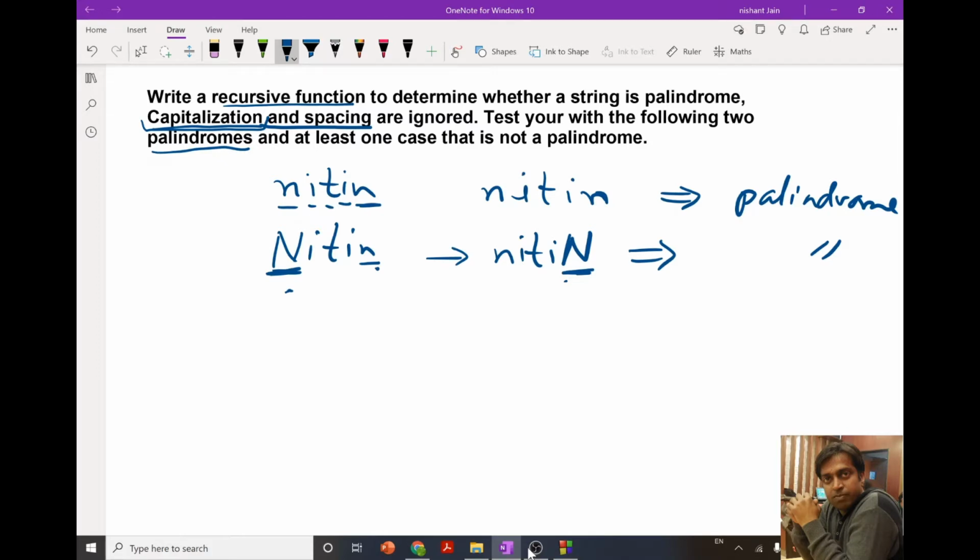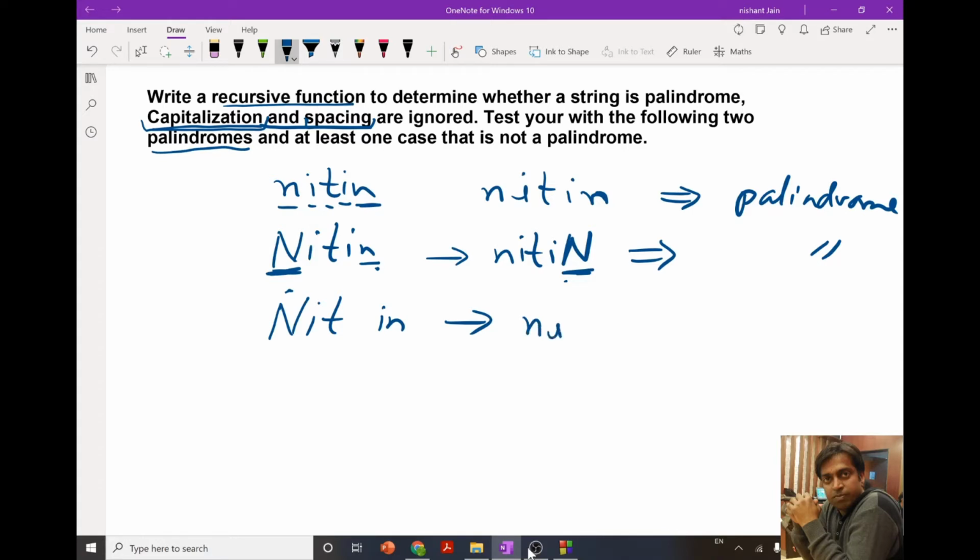Apart from this, we also need to avoid spacing. For example, if we have something like this, there is a space in between. For this also we need to avoid the spacing.